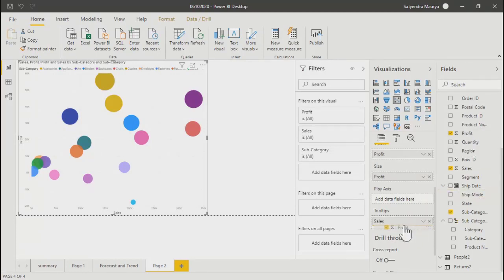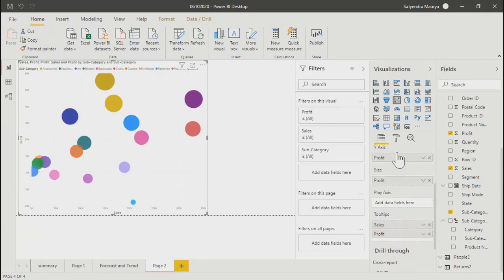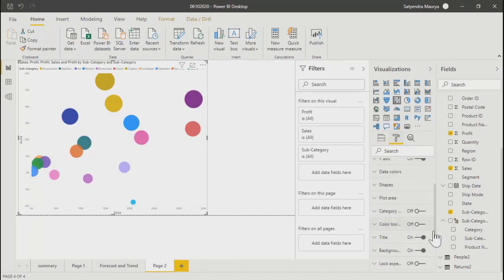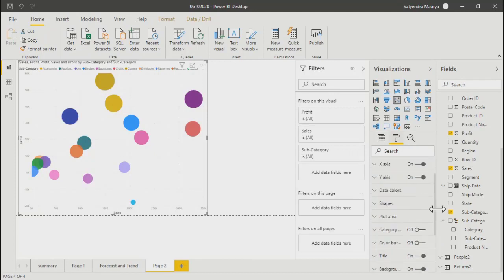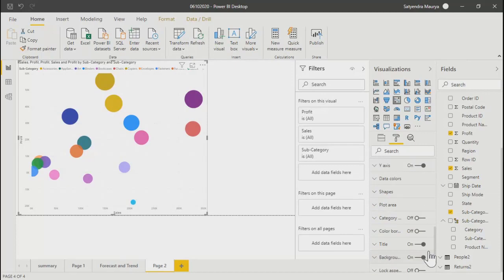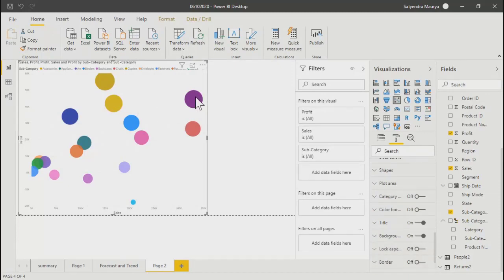Okay, sorry, it's tooltip. Okay, fine. So if you go to these circles, actually each circle will show you sales, it will show you profit, and it will show you the subcategory name, right?